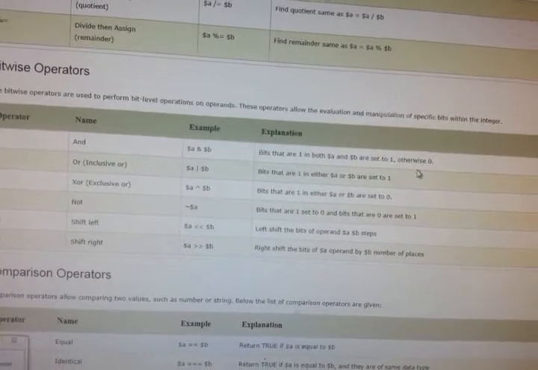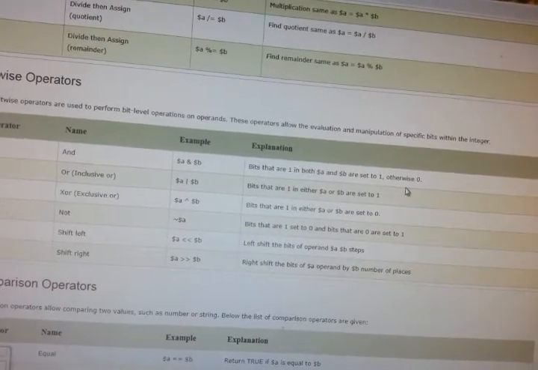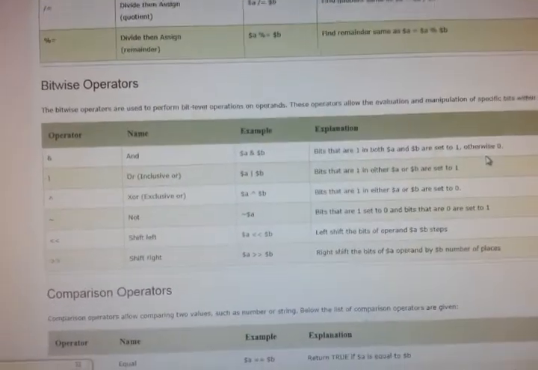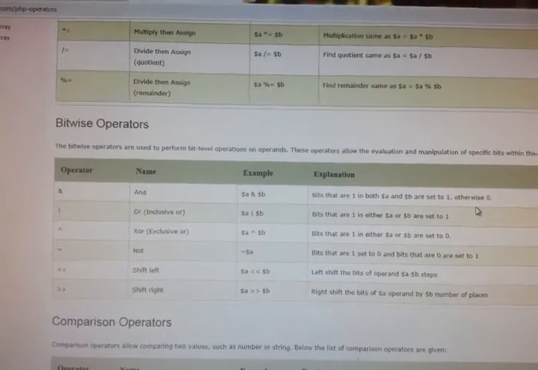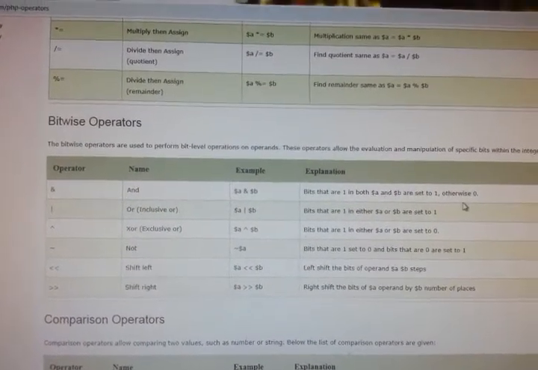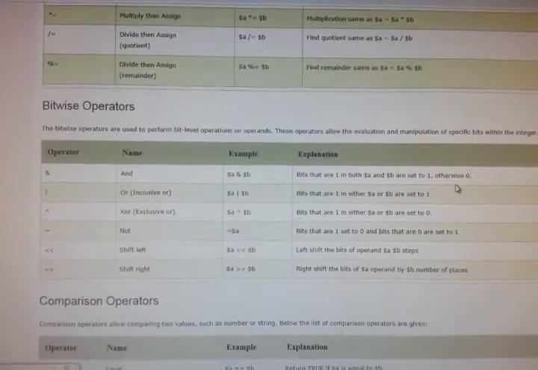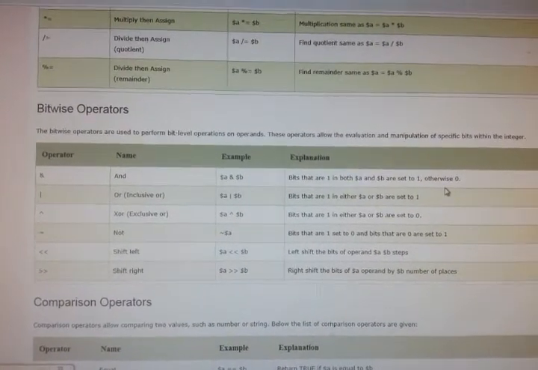Then bitwise OR, exclusive OR, that we give here as a cap symbol. Then a tilde symbol, we call it the bitwise NOT operator, and then left shift and right shift.